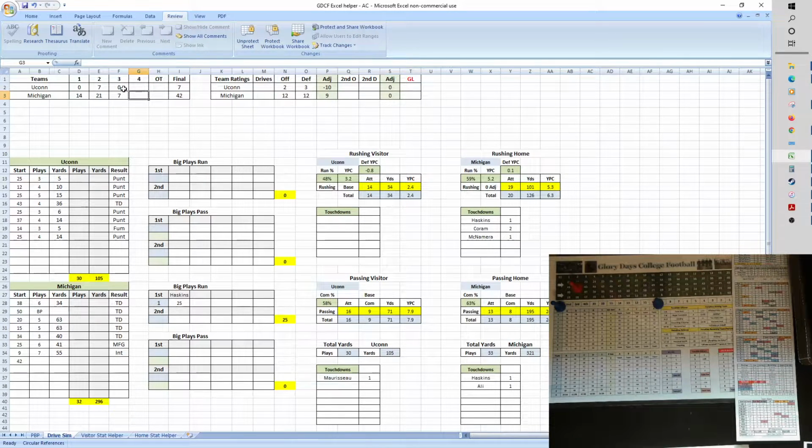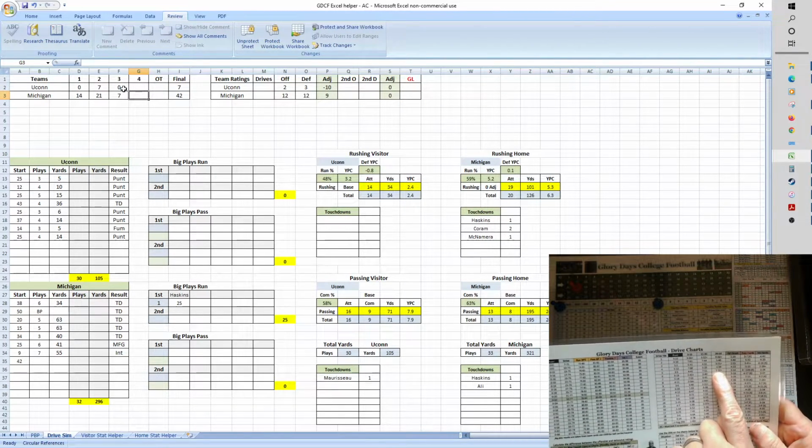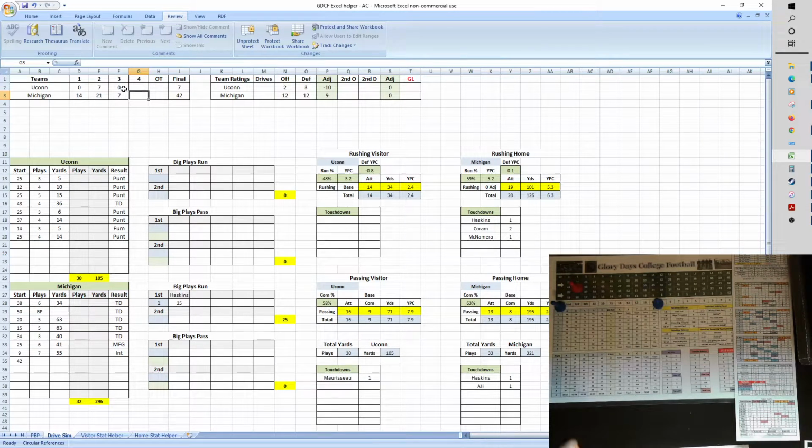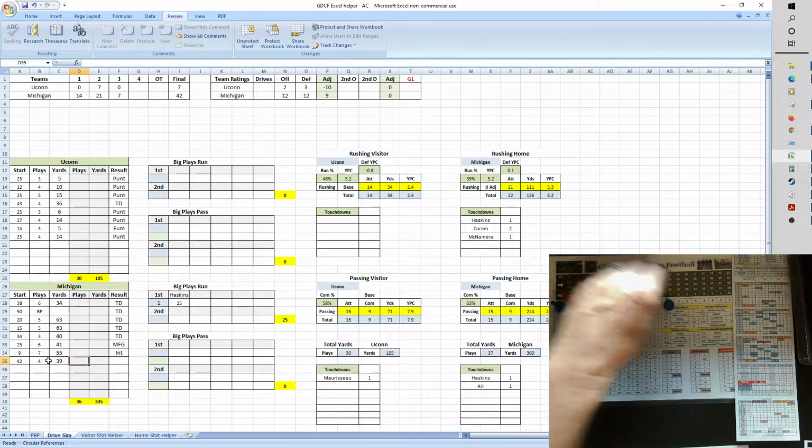So from the 42, look at a 4 here. That is going to be 4 plays, 39 yards. That takes it down to the 19. And the 2D6 is a 4. So their down and distance situation as we jump into play-by-play mode will be 2nd down and 8